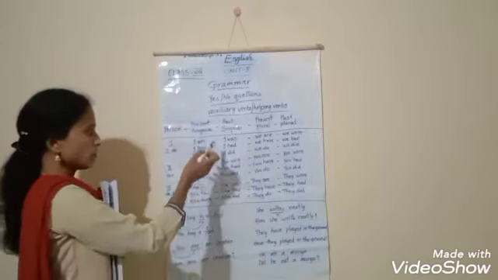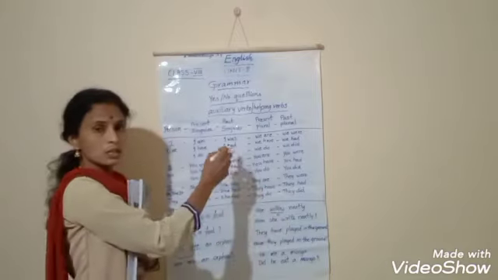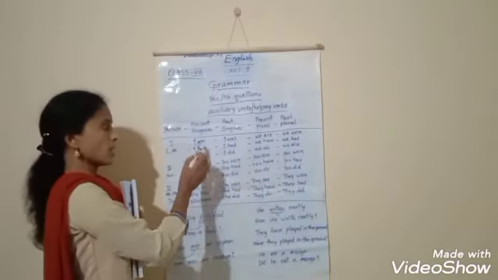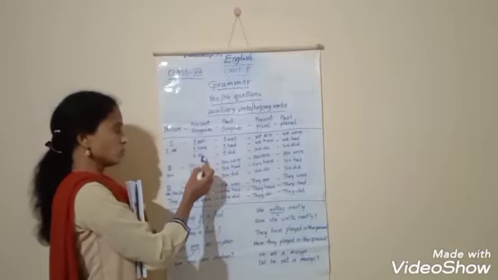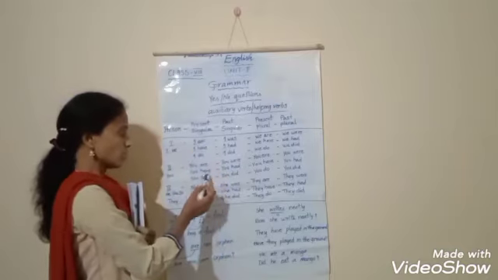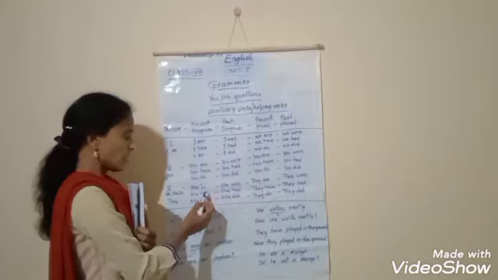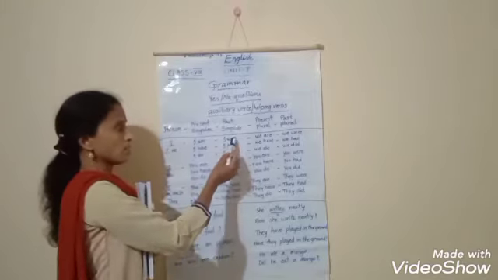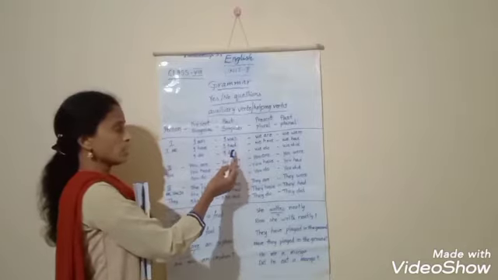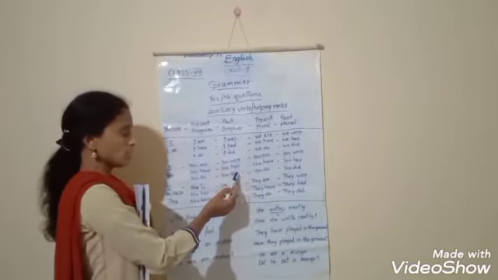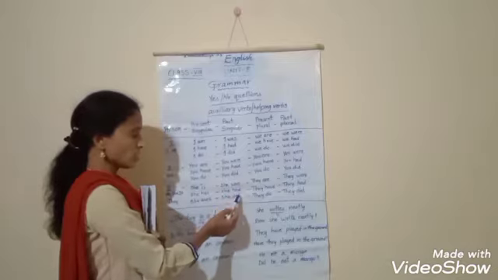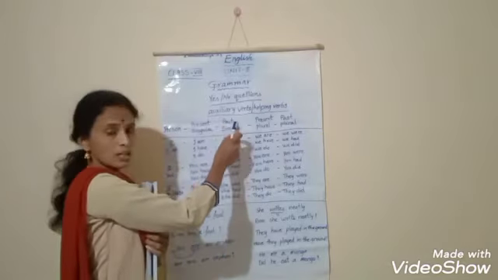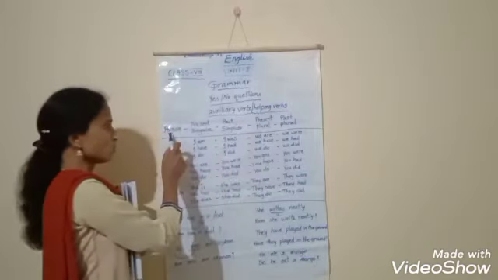Yes, we have different helping verbs and auxiliary verbs. They are, the helping verbs are am, have, do, is, has, does. Yes, present. And past: was, had, did, were, had, did, was, had, did, etc. Yes, and now let us see the auxiliary verbs and helping verbs according to the persons.